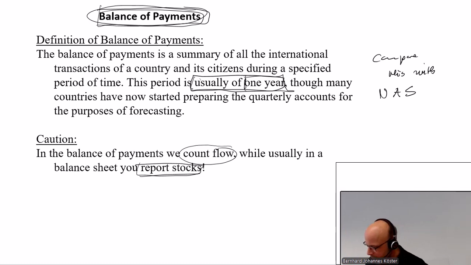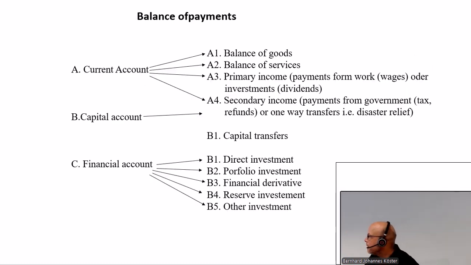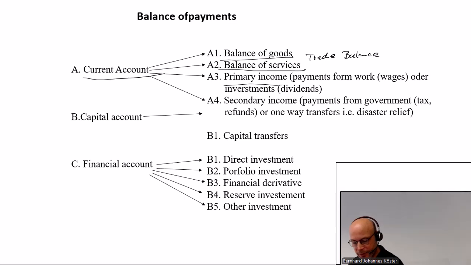And two minutes left. How is it defined? What are the different positions within the balance of payments? Well, we find the balance of goods and services. So this is the trade balance. In the so-called current account, there we also add up the primary income. Remember here, GDP and GNP, staying here, working abroad, and the other way around.